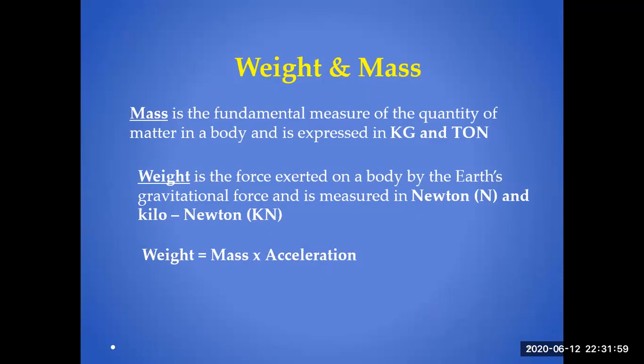Number one, weight is a force through which Earth attracts bodies towards its center. Mass is the quantity of matter a body contains. Weight varies from place to place. Mass remains constant throughout. The unit of weight is Newton. The unit of mass is kgs. Weight is a vector quantity. Mass is a scalar quantity. So these are the differences of mass and weight.